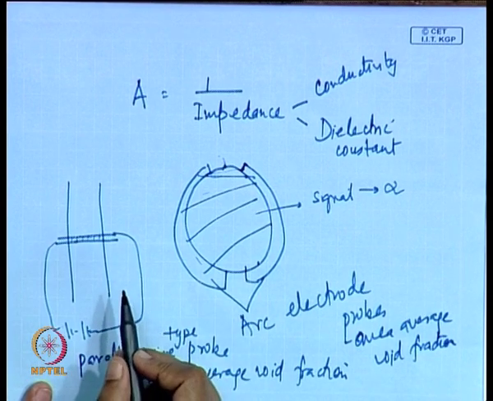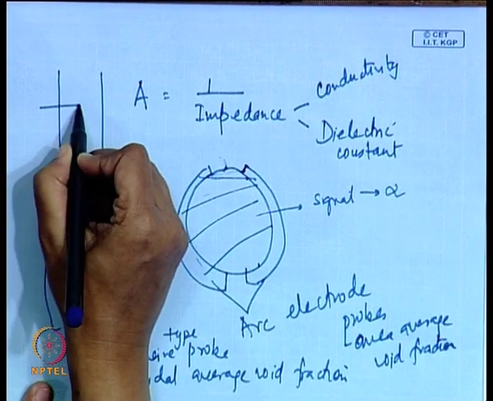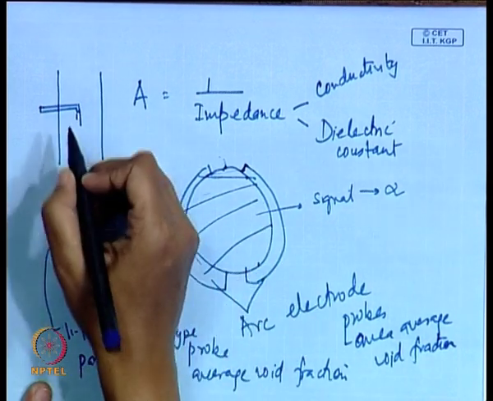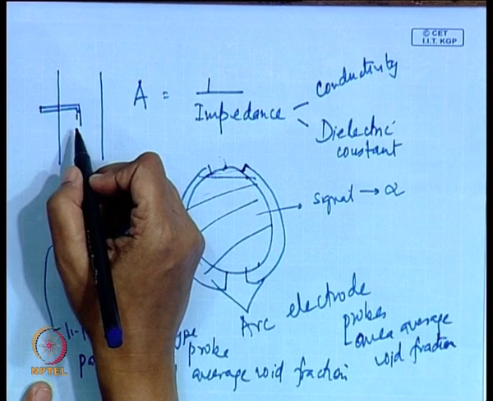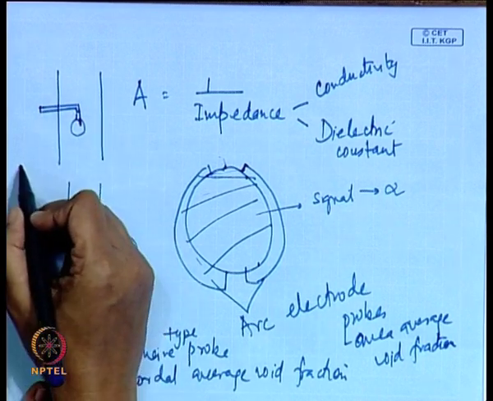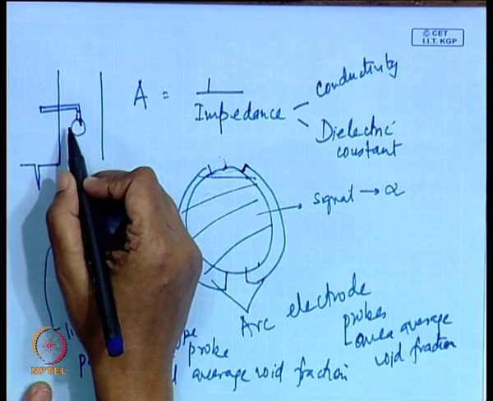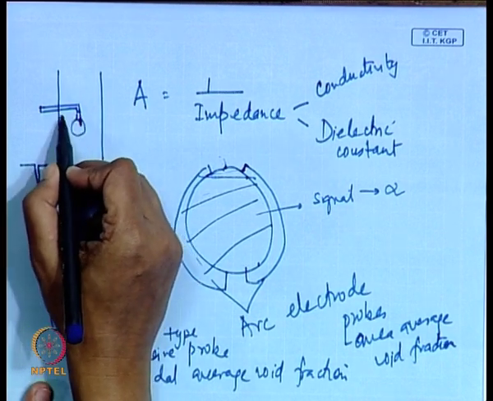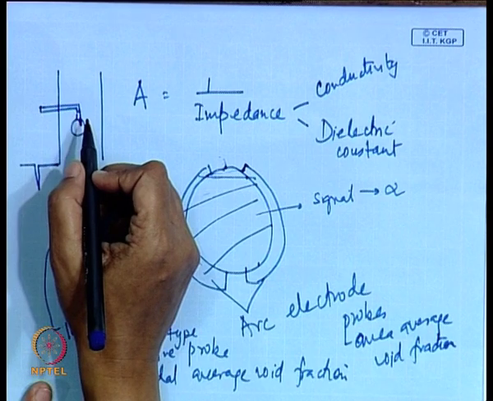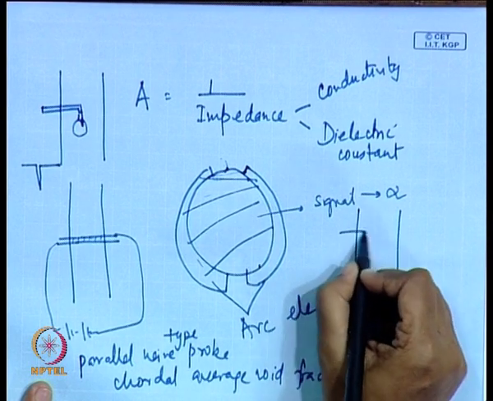The other thing we can have is a point electrode sort of probe. We can have something of this sort, where there is a wire here and a larger wire here. This gives us the point average or the time average void fraction. Whenever a bubble comes here, it gives us a 0 output, or else it gives us a continuous output when water is flowing here. This particular probe can be traversed throughout the cross section to give us the voidage profile. Now, this can be done the other way also, we can have it in this particular way also.